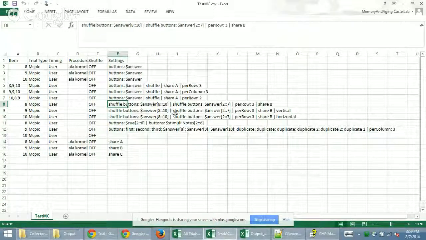Just as a quick note, when it says answer 8 to 10, that doesn't mean 8 to 10 of this range. So if you say that the Qs are items 2 through 6, give me answer 1 and 2, that's not going to work the way that you're expecting. This 8 to 10 is row 8 to 10 in the stimuli file. So this 8 to 10 has nothing to do with these items. It happens to be that these 8s are the same thing, so that's why it works. But